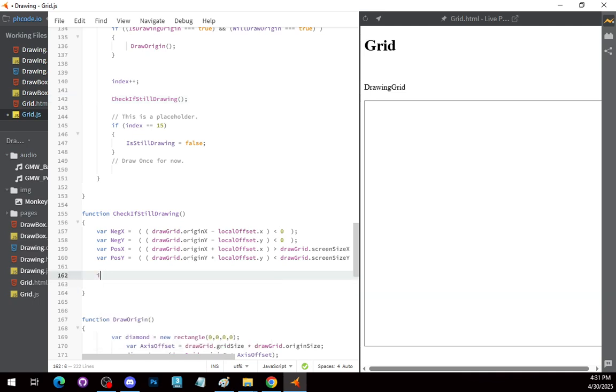Yeah, actually what we'll do is we'll return negative X and negative Y and negative positive X. So basically, I'm saying all these need to be, so if these are all true, it means that I'm outside of the drawing area. So I can, let's just put, we can